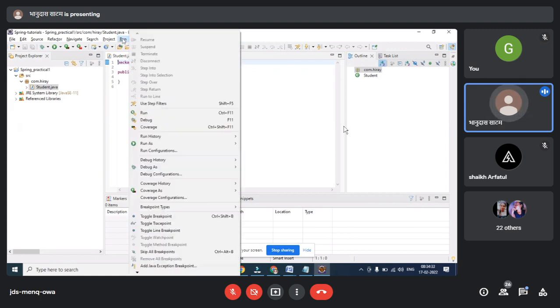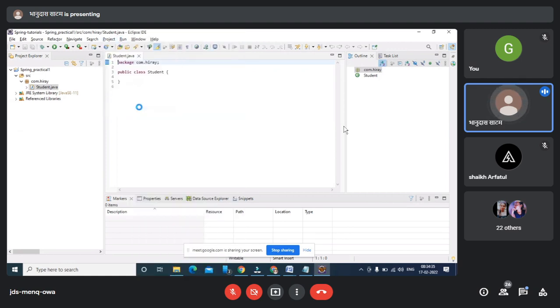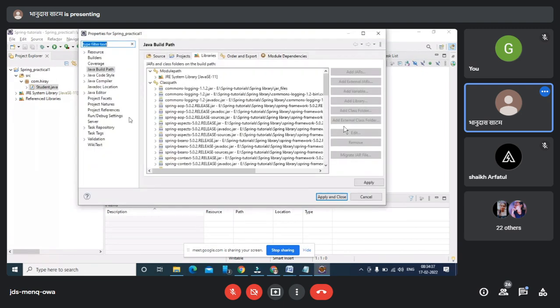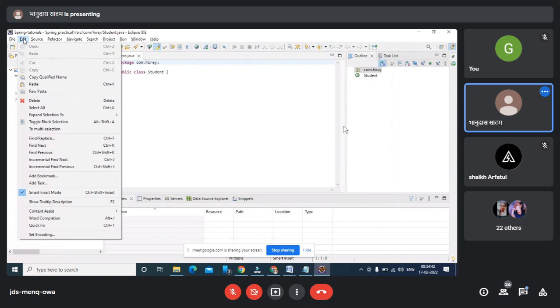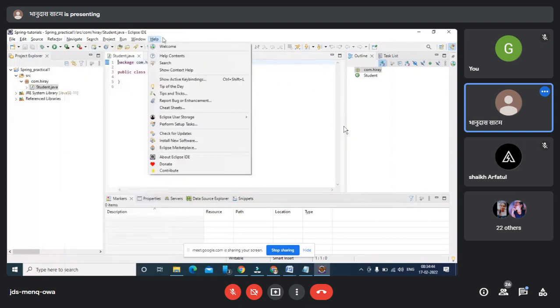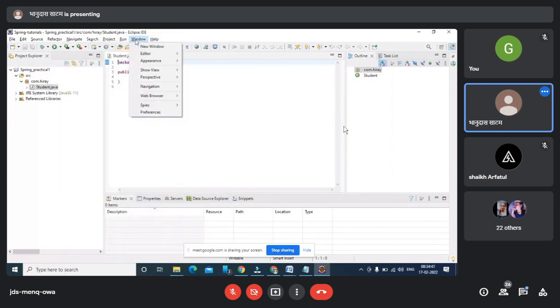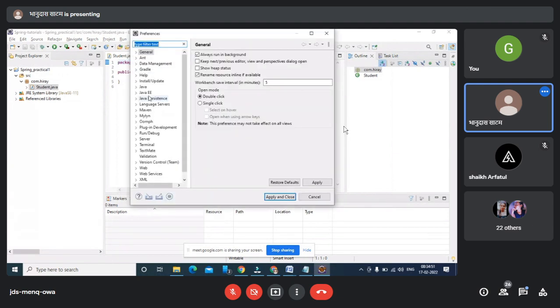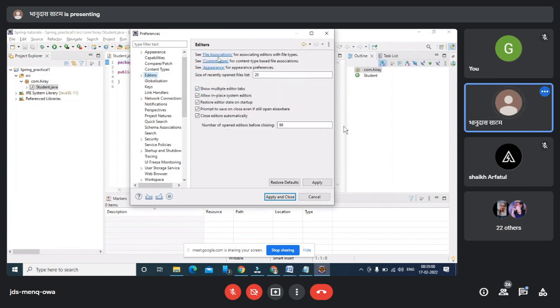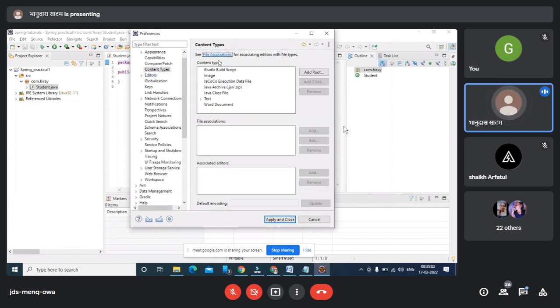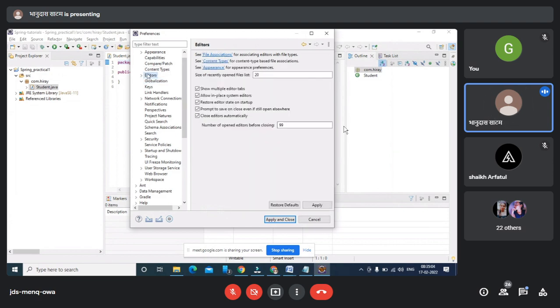I'm just increasing the font size, so give me a time to set the properties. In general, I'm using the editor here, so looking for editor and content type, and there is a font under editor.